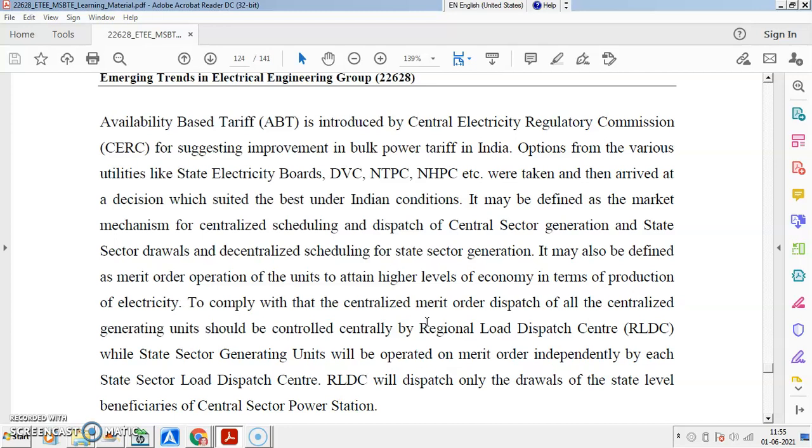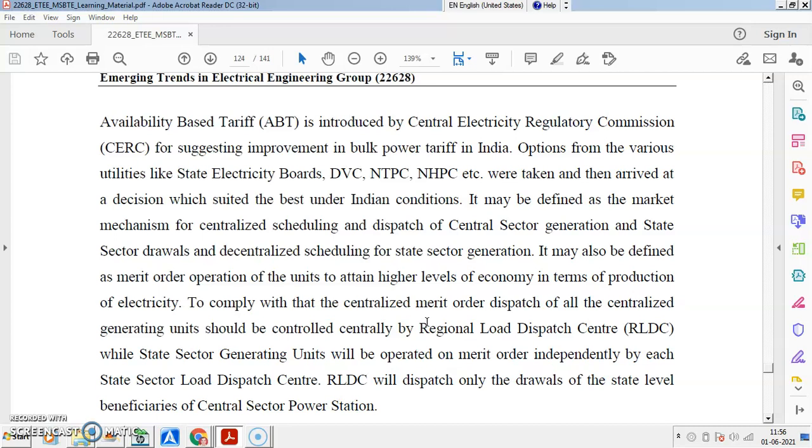So you may have to give an order to big loads, big consumers, either to shut down or to remain connected. That is an order given by SLDC or RLDC to certain consumers. In the electricity market, we have all this data available at every 15 minute interval. If it is needed that a certain amount of load, say 100 megawatt, is to be curtailed, that is what we call load shedding.